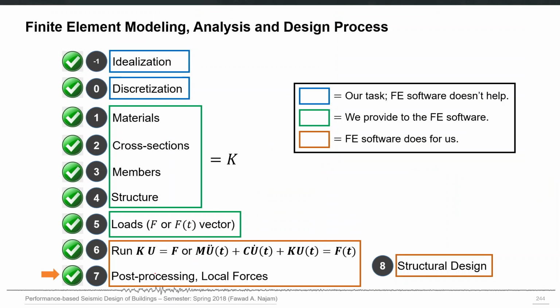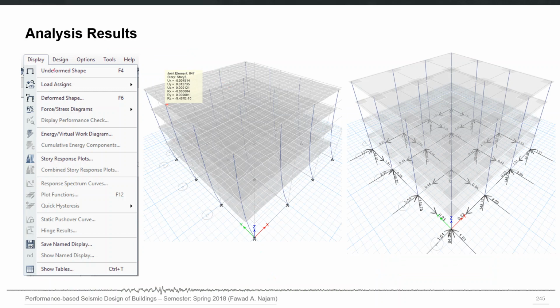So now you can run your analysis for your linear elastic model and you can see a variety of results. I will not discuss the structural design part of this slide and will primarily focus on some of the results which you can see in ETABS after your analysis is complete. So when the analysis is complete, you will have a variety of options here. In the display tab, you can see different deformed shapes. You can see the force or stress diagrams. You can see the dissipation of energy in the computer model. You can see the global story level responses, and you can also see some other options if the relevant analysis case is run.